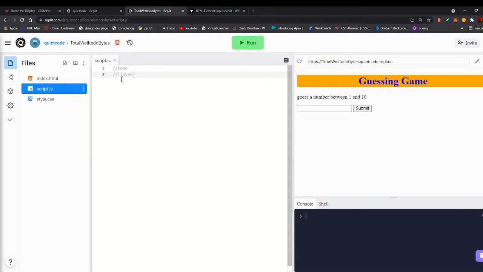We have to listen for the submit button. Right, we want to catch when this has been clicked. We want to build a function, build a handler